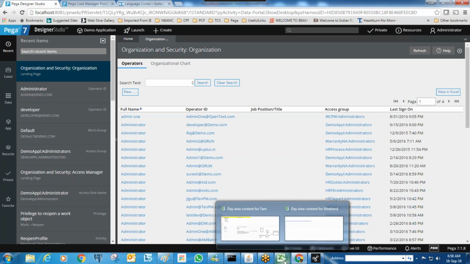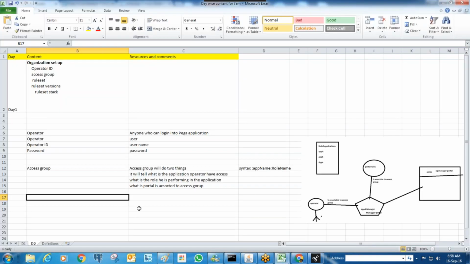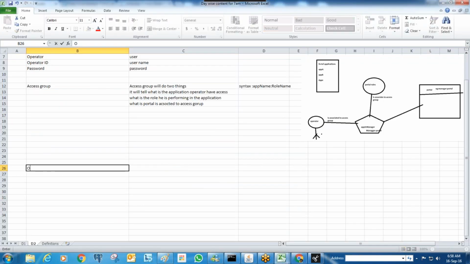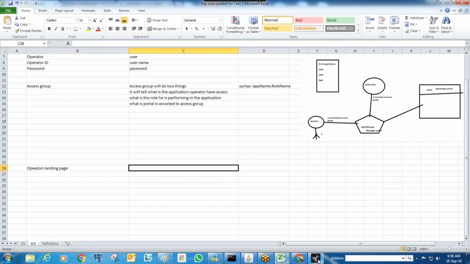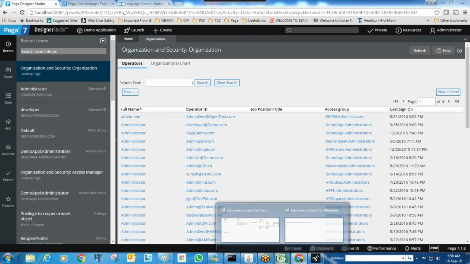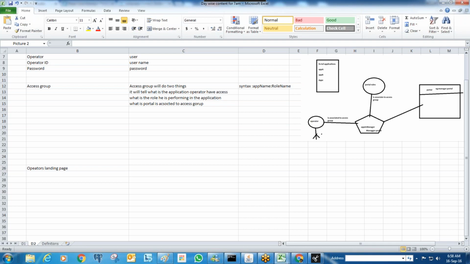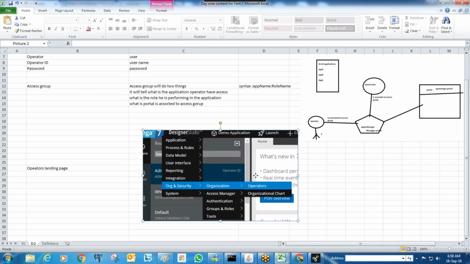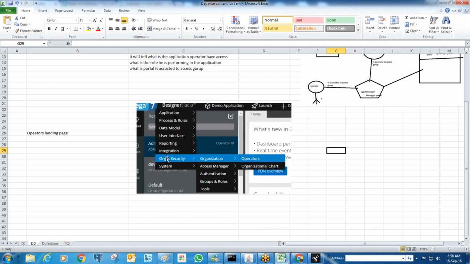As I said, landing page means where we can manage all the things. This is the operators landing page. You need to go this way and you can see the landing page.